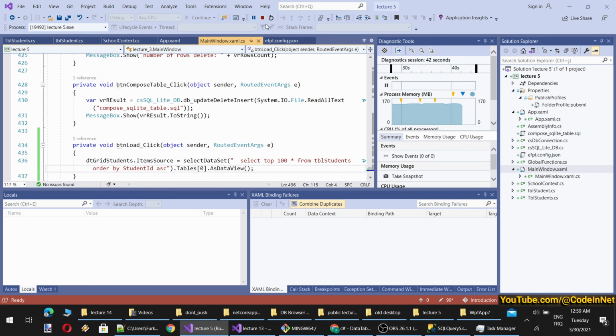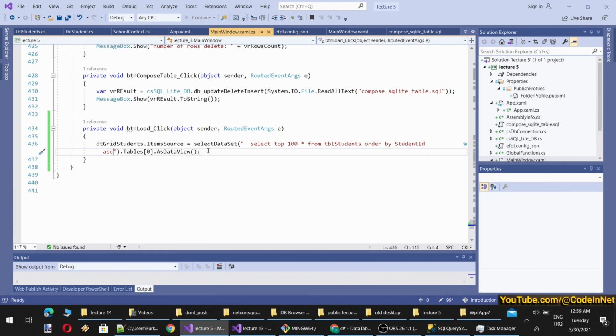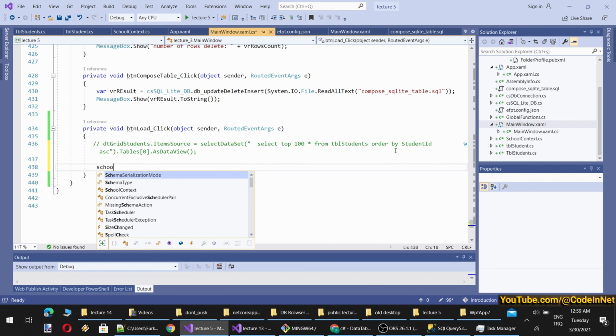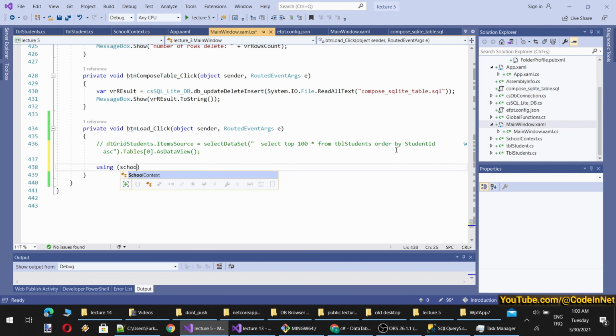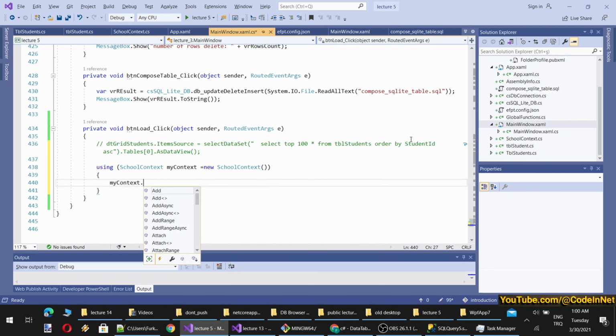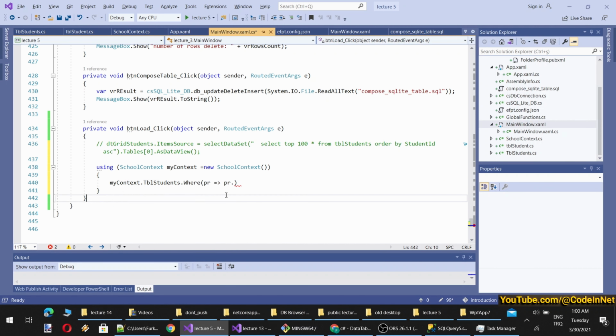So instead of our traditional way, we will use Entity Framework. To use it, let's define our context: school context equals new school context, and my context dot, where, you see you have to write LINQ queries, it will not be where but order by now, pr dot student id, and select top 100, take.